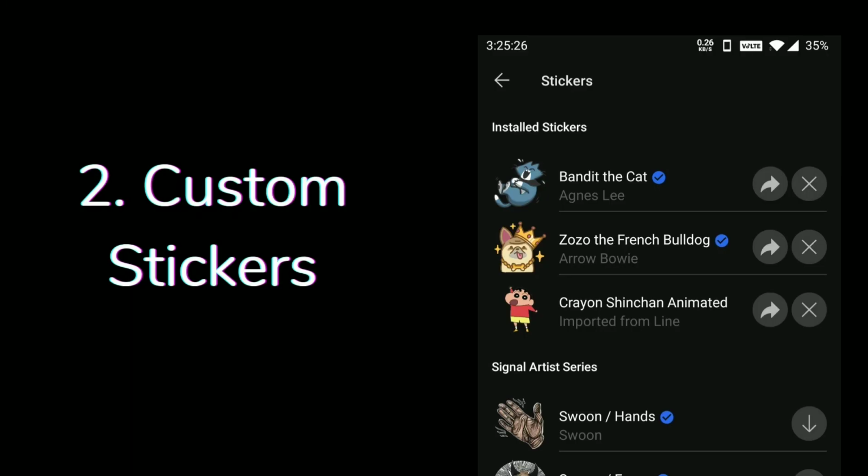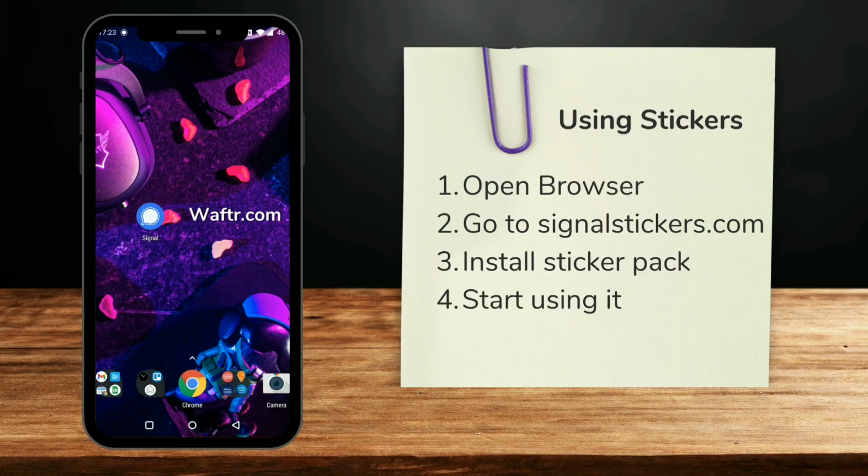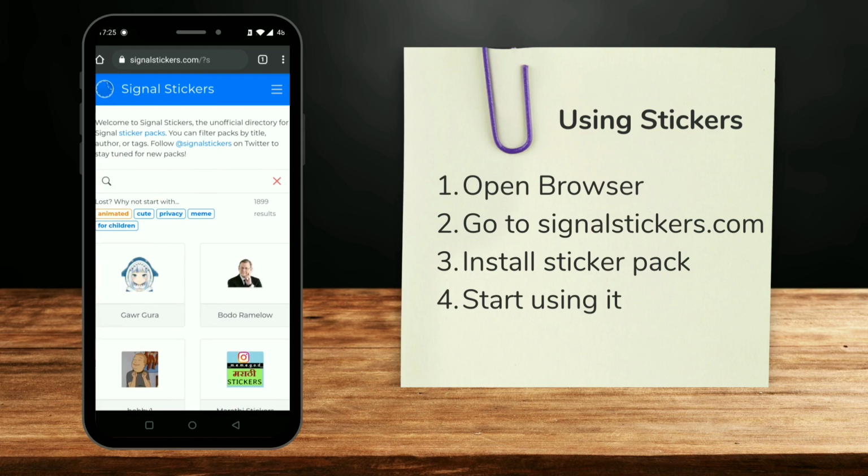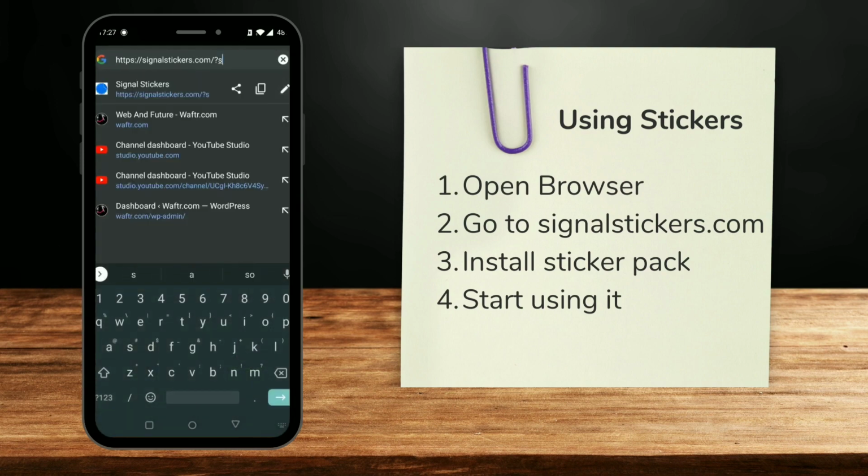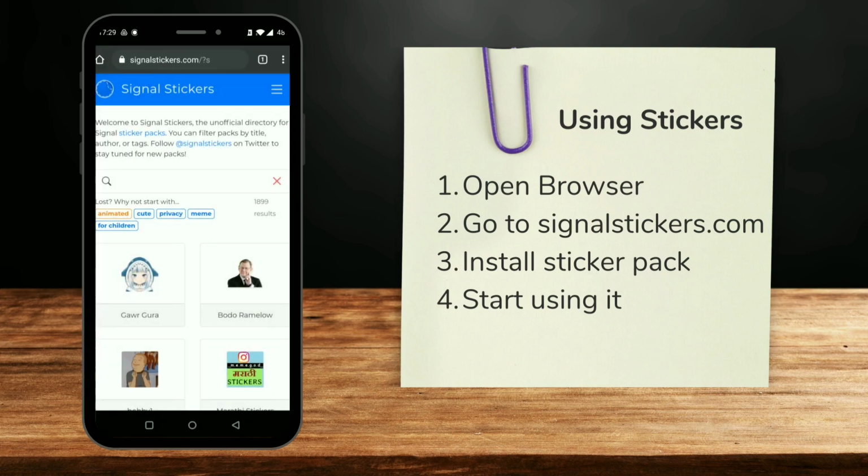Then moving on to the second method, these are the custom stickers which you can get from signalstickers.com. Now you have to open your mobile browser and go to signalstickers.com. I'm giving the website name in the description below, you can use it. This is clearly not an official website